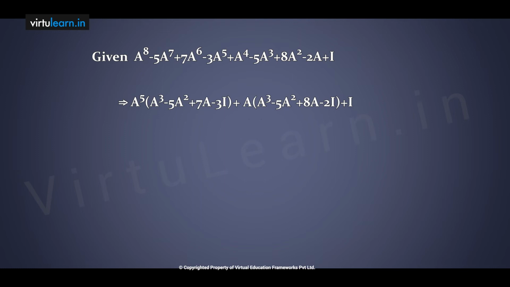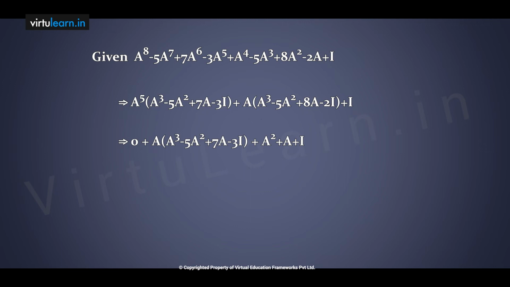Means in this bracket I will write 0. A power 5 into 0 is 0, plus A into, now observe, A cube minus 5A square plus 7A, I need minus 3I, but minus 2 is available. Now I will add minus I and minus I, then it becomes minus 3I, and the remaining term is